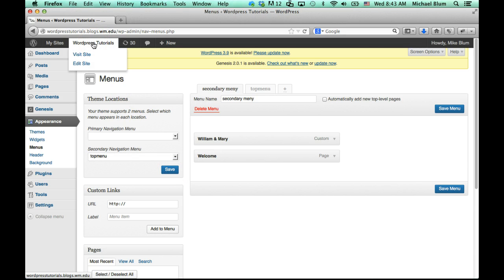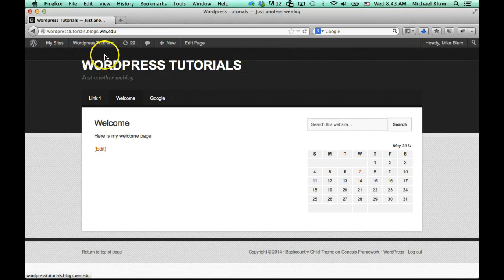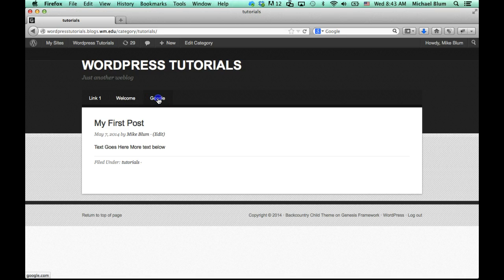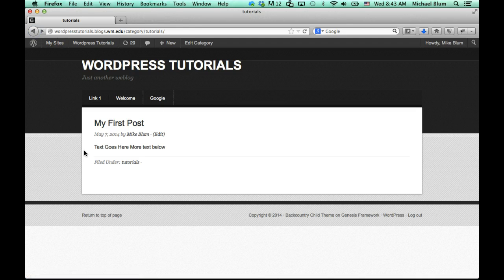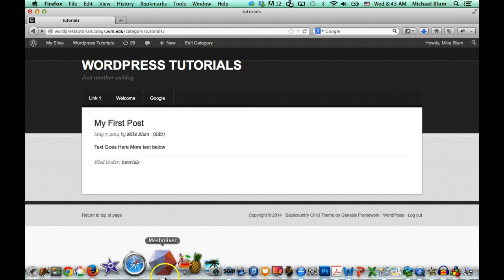And it's all an aesthetic thing and how you think it's going to be most easy to navigate. So now if you notice, there's no menu at the top for your users, and then we have this nice menu down below. So there you go. There's the link to Google. Everything works. And that is